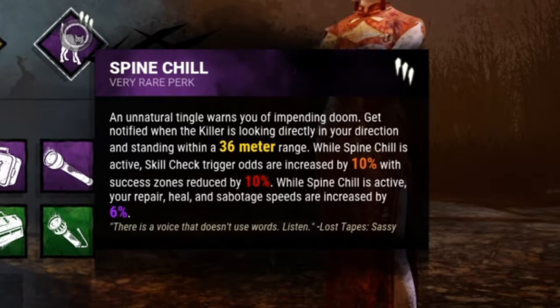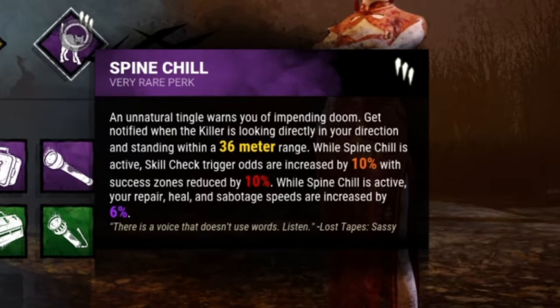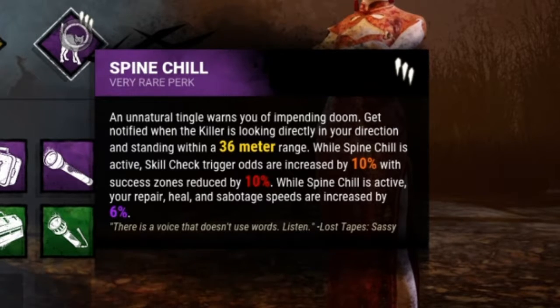Let's get the other bad effects out of the way. Skill check trigger odds increased by 10%, no one cares. Success zones reduced by 10%, that's bad. And only a 6%